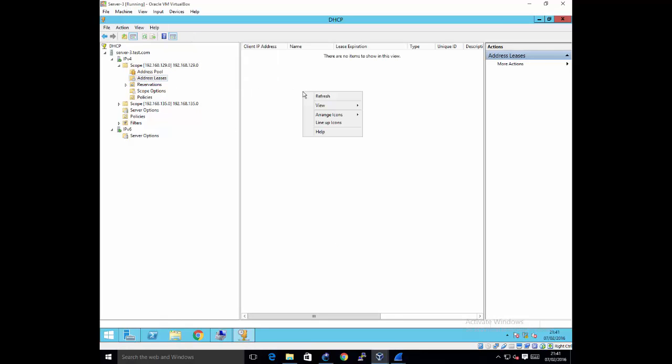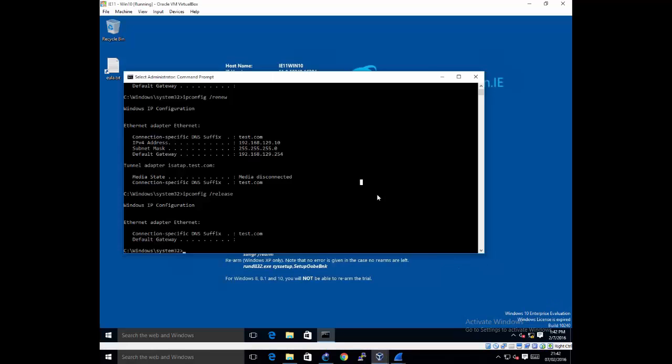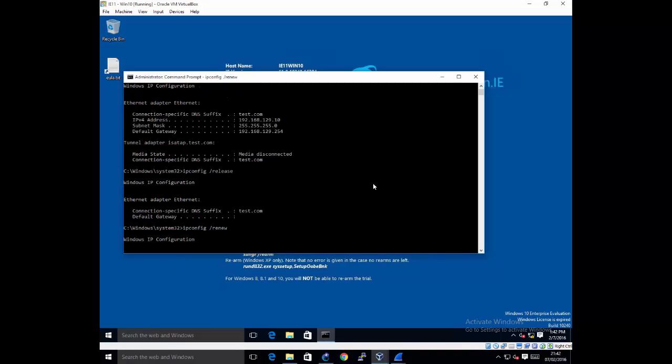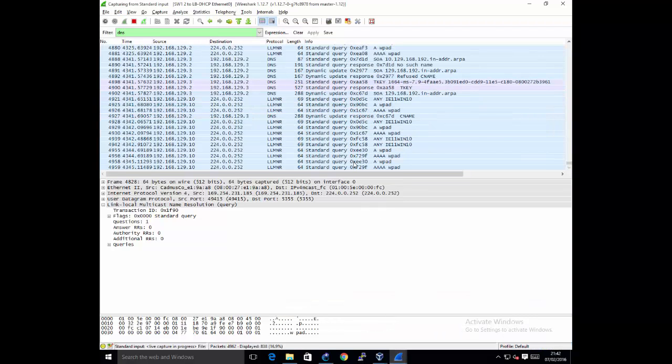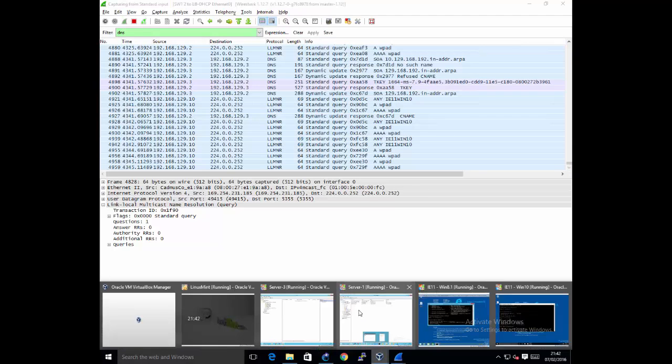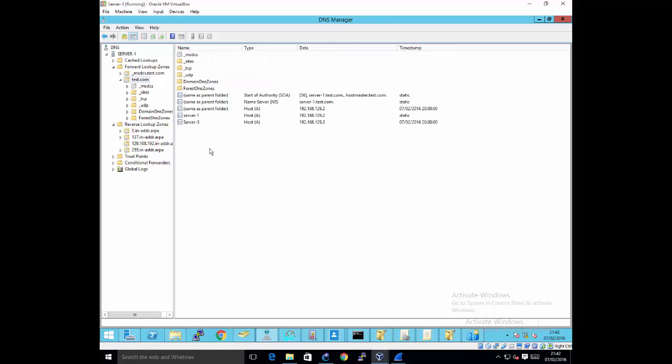Again, on the address list, let's refresh. Let's go on the original client and renew. Then under here, we should see the packet coming for the DHCP update response and so on, like we've seen before. Shortly under the name server, we should be able to refresh these and see it's got this one here. Then we should be able to go under the forward lookup zone and refresh these. And it's got, let's go,